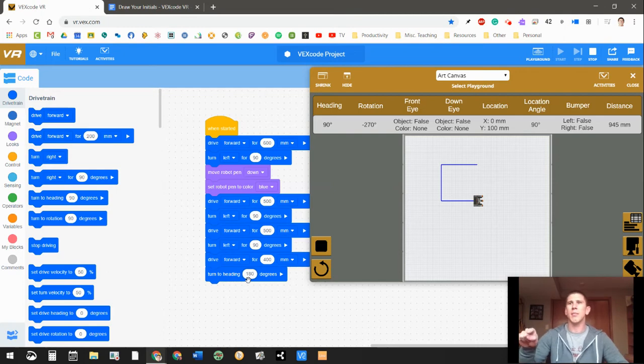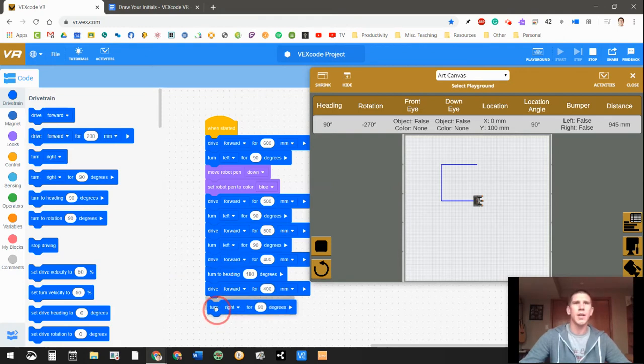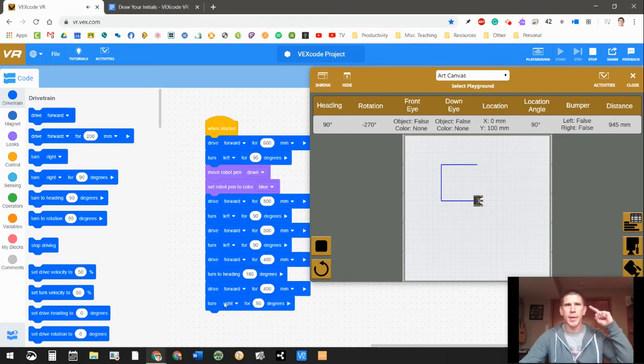Okay, that's going to make him go completely, where's my camera at? Completely around in a circle so that he can go back the other way. Okay, and then we're going to have him drive forward again. And he went 400 millimeters out, so we'll have him go 400 millimeters back. And then we're going to need to have him turn left again. You can see as I'm programming it, my brain is just thinking about all of this stuff as I try and do it. Okay, so we're going to turn left for 90 degrees, drive forward